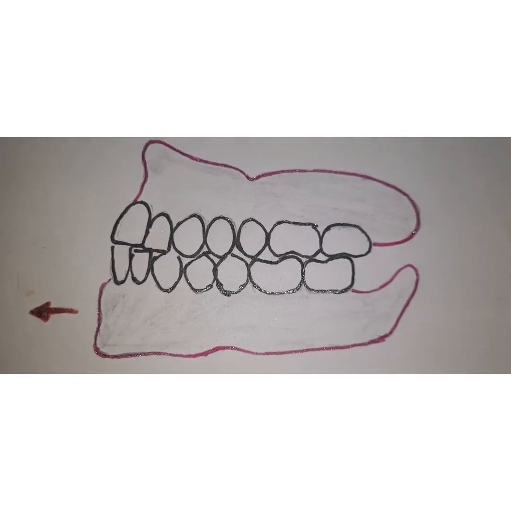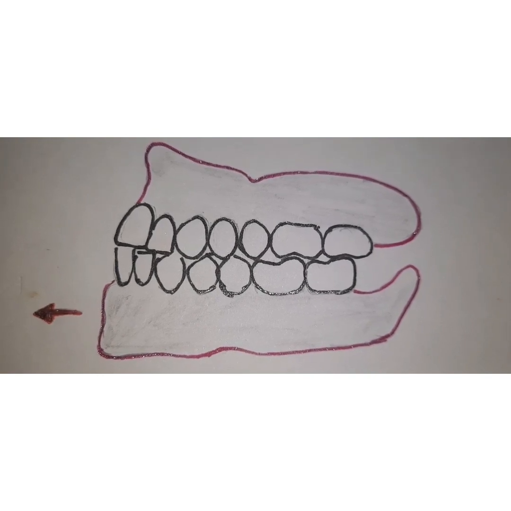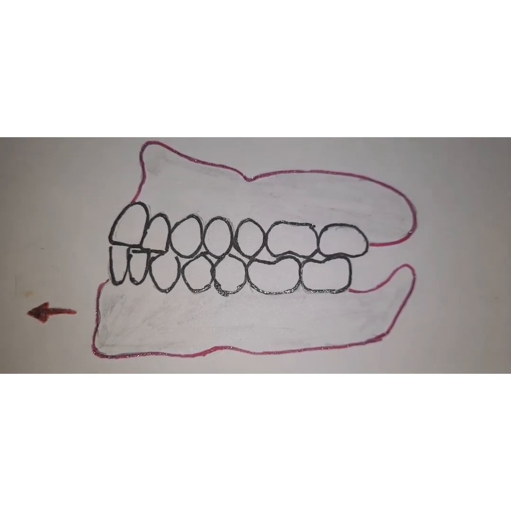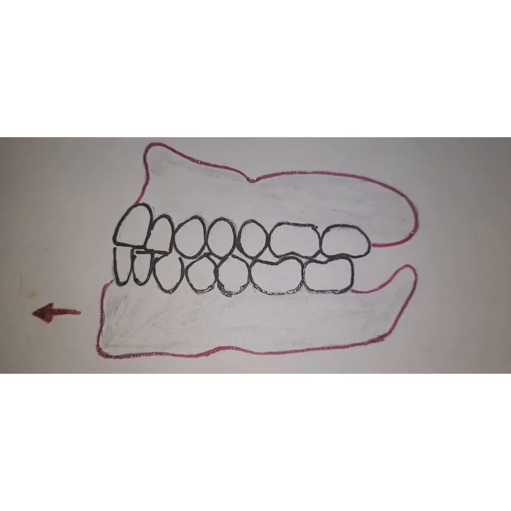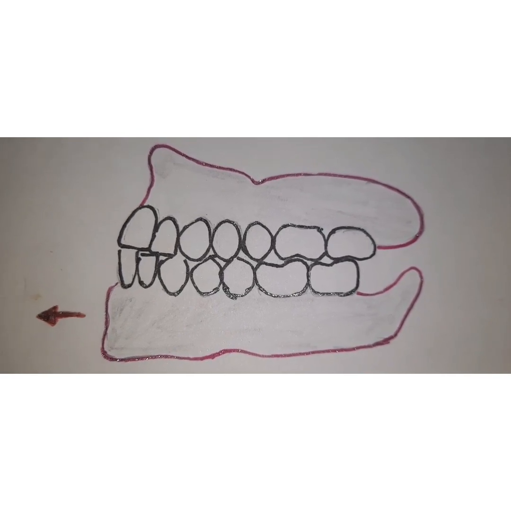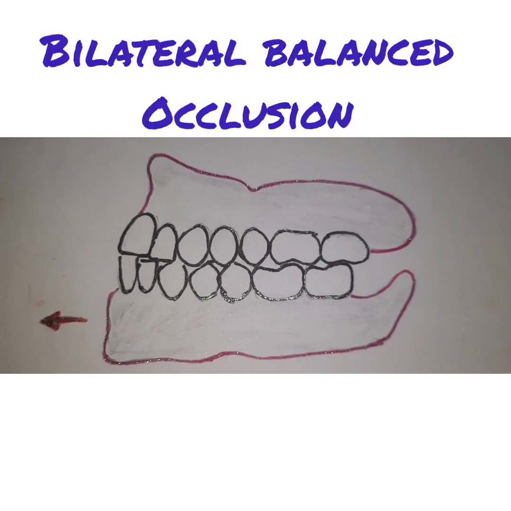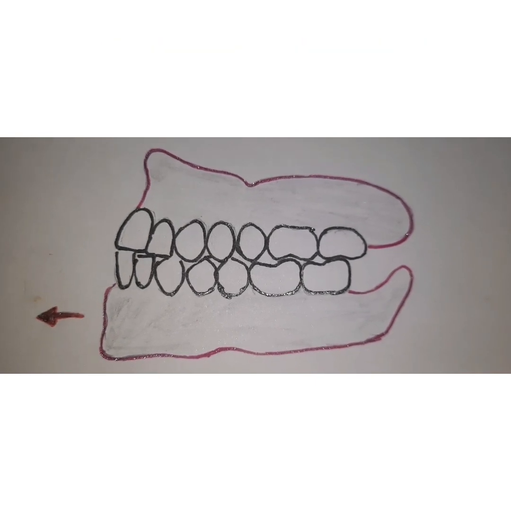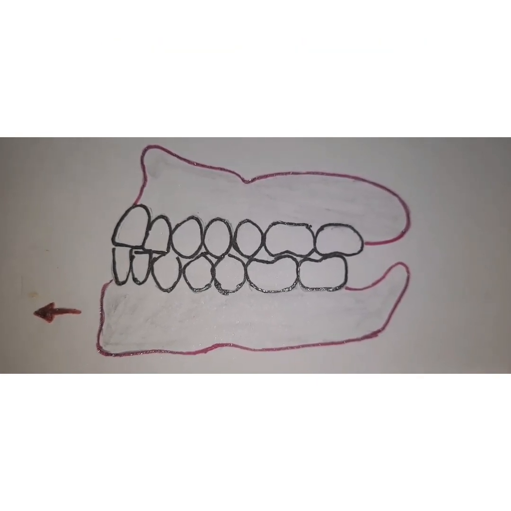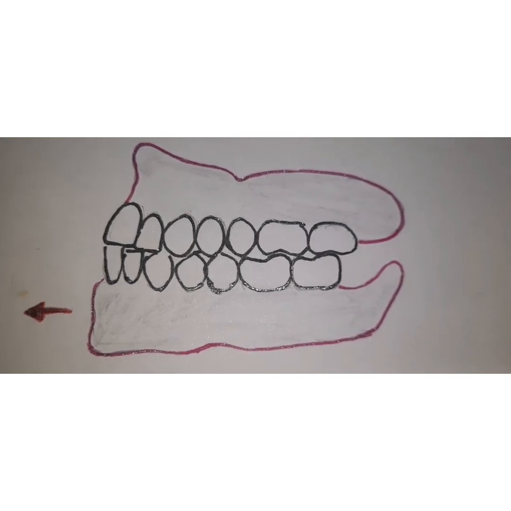And third, the most commonly used occlusion in fixed prosthodontics is mutually protected occlusion. Let's see each of them. First, the bilateral balanced occlusion. Bilateral balanced occlusion is a bilateral simultaneous contact of all the teeth in maximum intercuspation and also during all eccentric